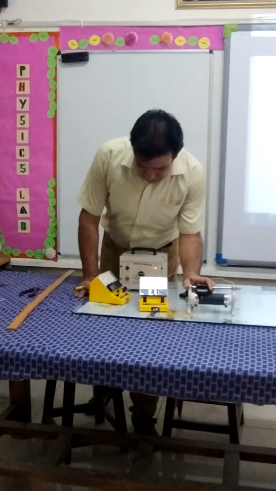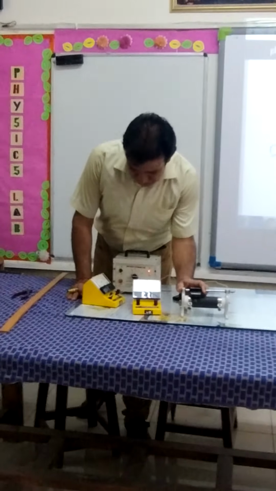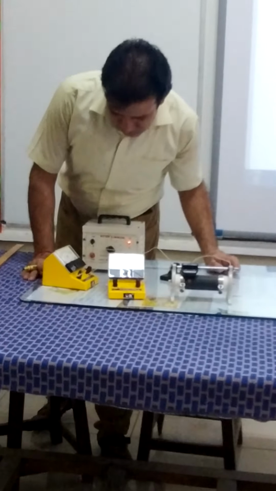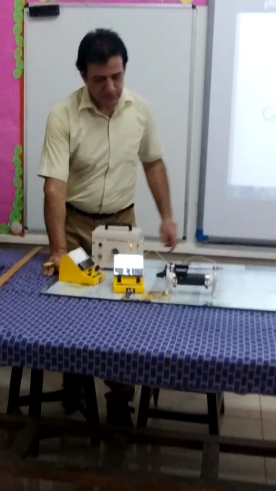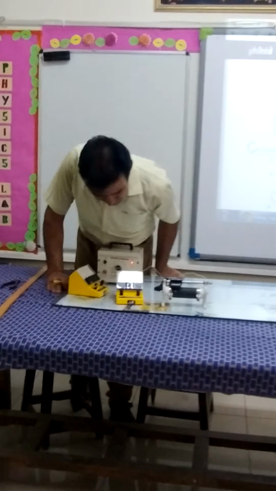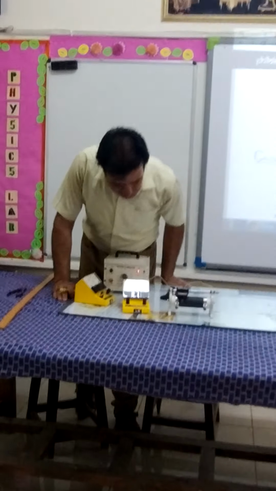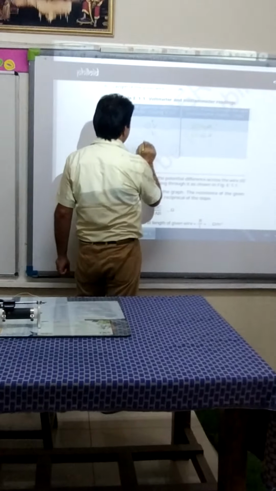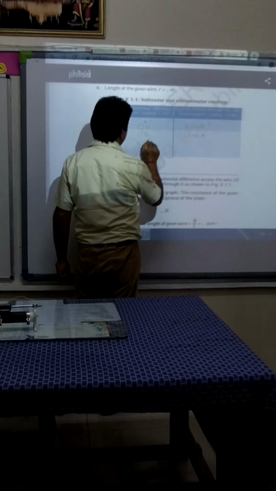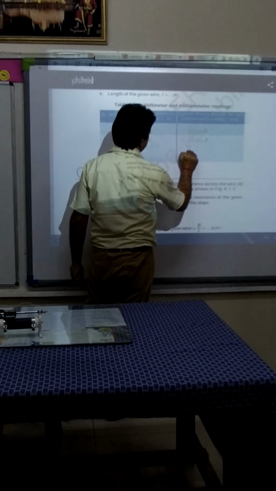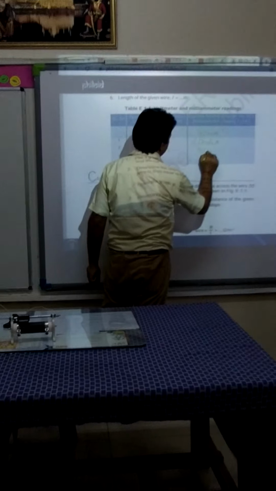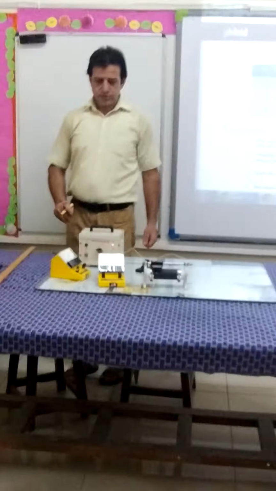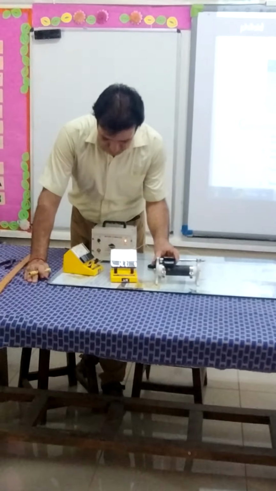So now we have increased the voltmeter reading. So we are getting it as nearly 80, and there is a slight change. So it is representing 0.05. So it is 70 and we are getting it as 0.05 volt, and it is 70 milliampere. Now we are increasing it again.